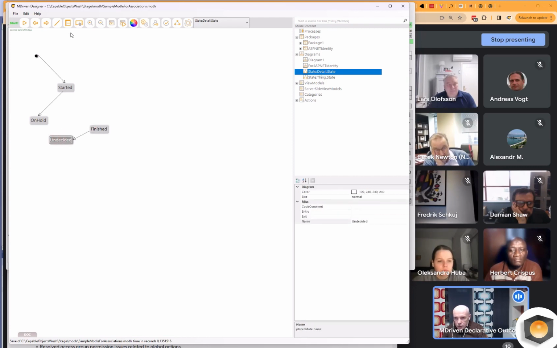So what I can do now is take this transition tool to describe what are the valid ways to move between these states.